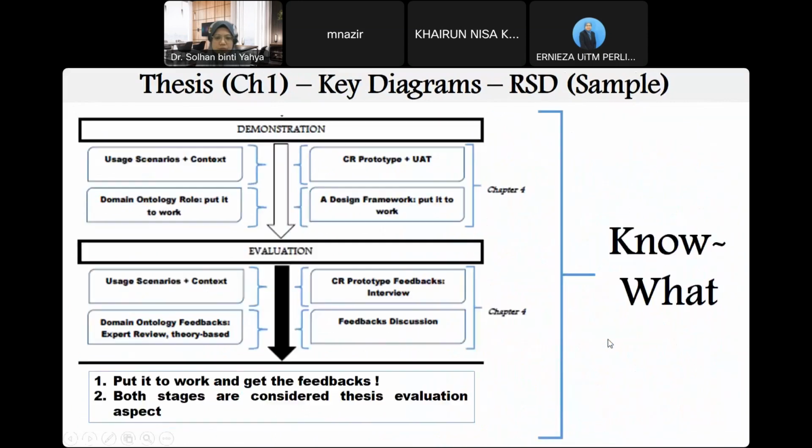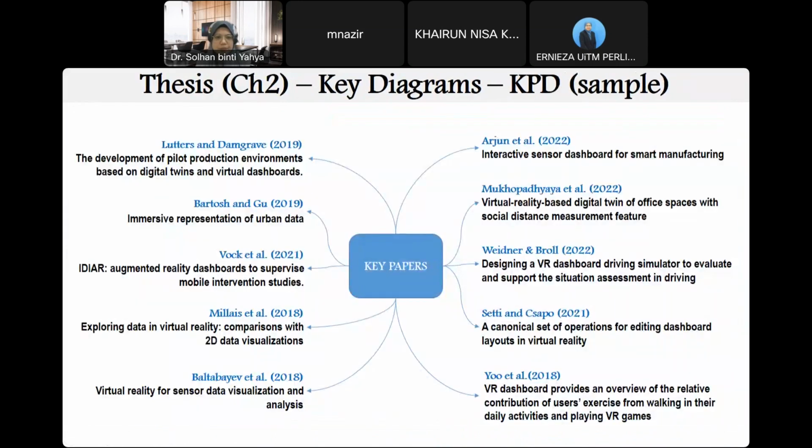So in chapter 2, you must have a key paper diagram. For example, you can have a diagram like this. You can have any diagram that represents key papers. Okay, the key paper. So when a student builds the thesis, a design science research thesis with me,